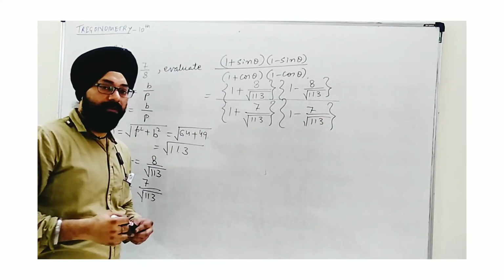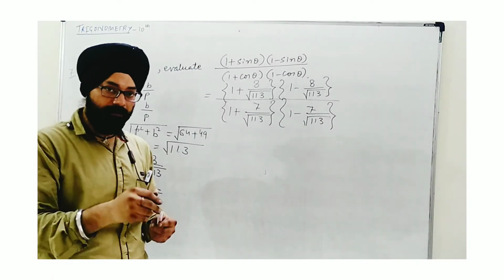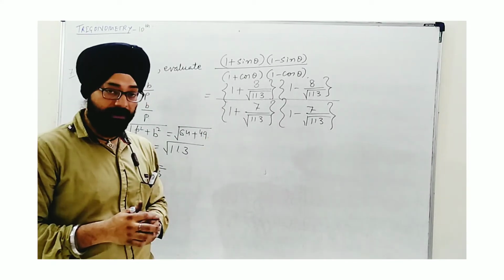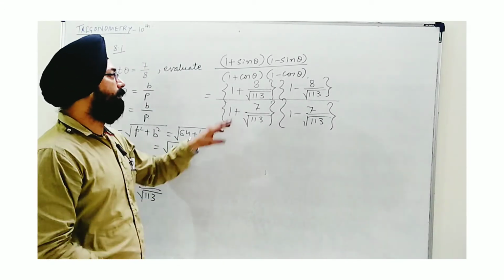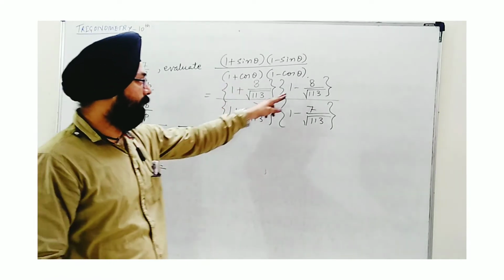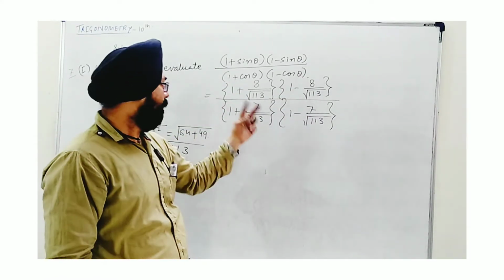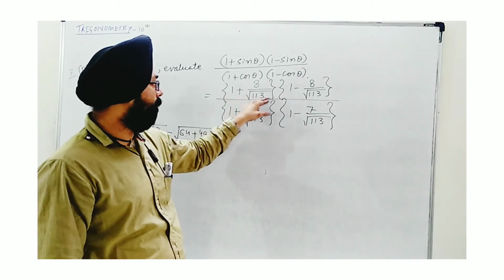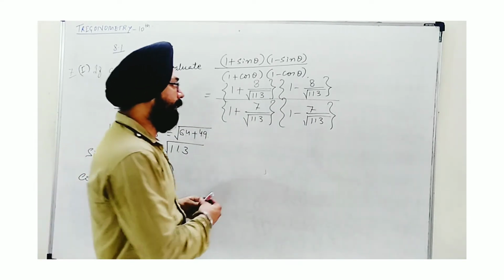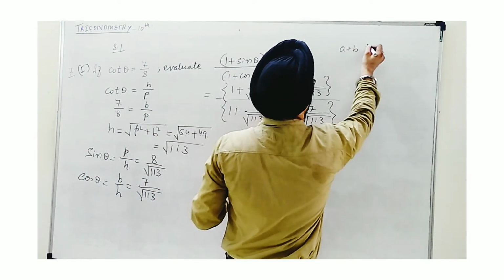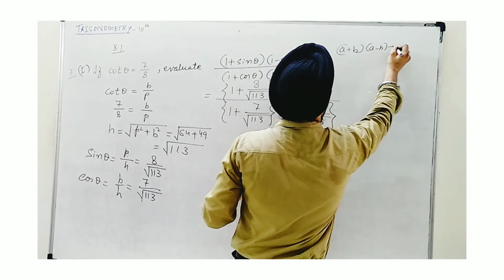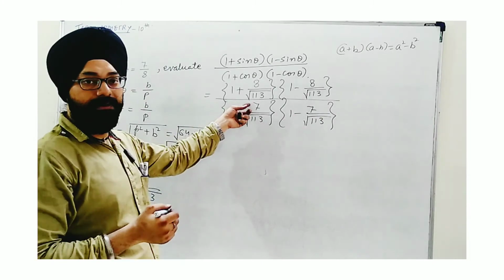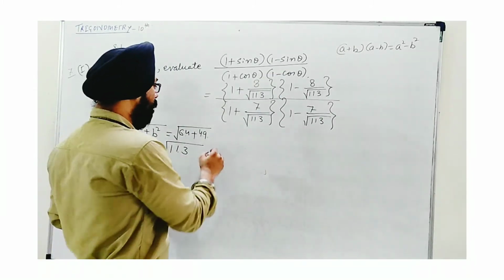See, this question can be solved by conventional methods. Also, some tricky part is there we can apply. But after this, I hope that you will understand what I speak. Here I see that it is 1 plus 8 upon root 113. This is 1 minus 8 upon root 113. You can see both of the terms are same in both brackets. Only sign is changed. So a plus b and a minus b identity can be applied. We know that a plus b, a minus b is equal to a square minus b square. Actually, because of this root term, this will be the better way to follow.